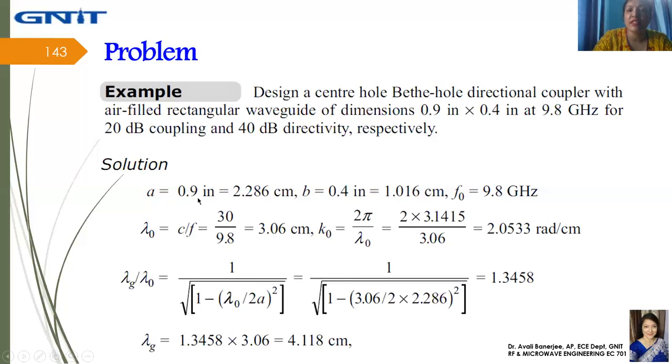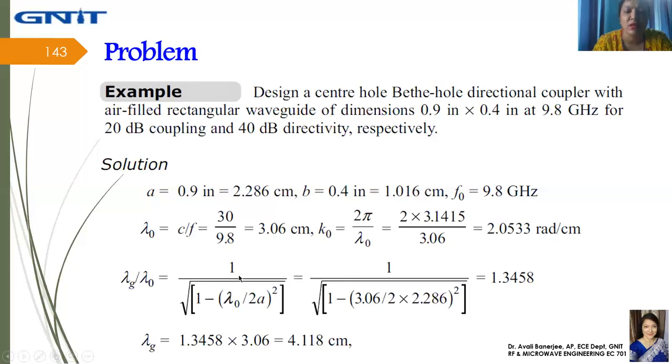We have converted this inch into centimeter. Then we have converted this 0.4 inch into centimeter, and then we have obtained the value of k0, that is equal to 2 pi by lambda 0. There we have obtained the value as 2.0533 radian per centimeter. Then we have calculated lambda g by lambda 0 from the given formula, which we just saw,